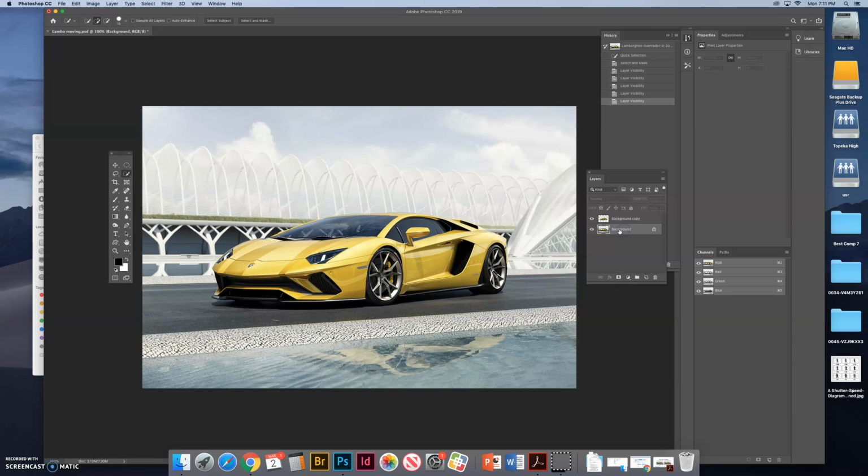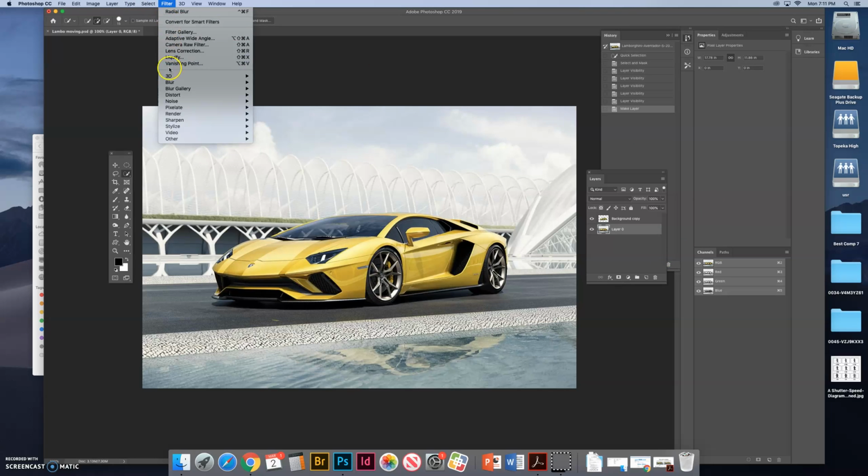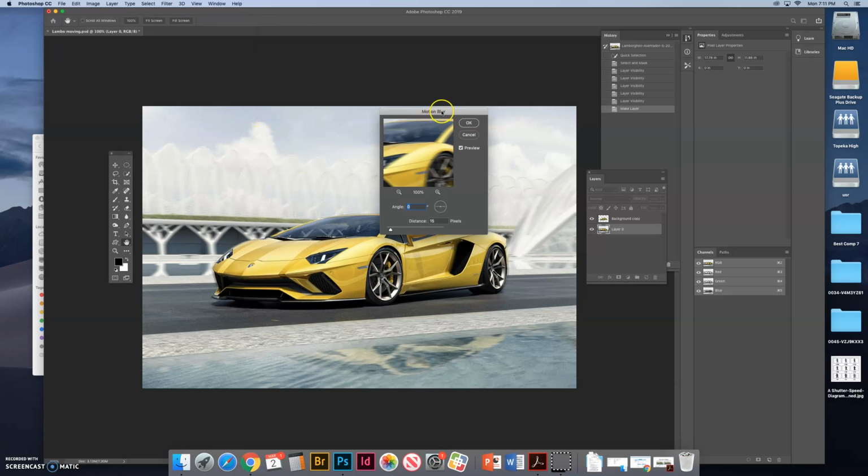So now we want to be on the background layer, and I need to unlock it. So I'm just going to unlock that, and I'm going to put a filter on it. At the very top, you'll see Filter, Blur. We're going to come down here, and we're going to look for Motion Blur. Filter, Blur, Motion Blur. And when you get in here,